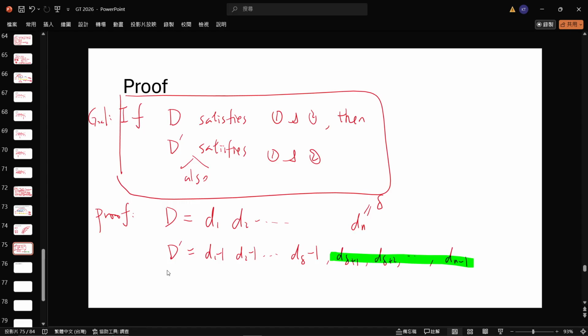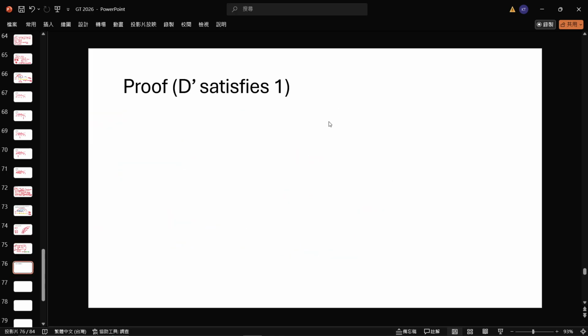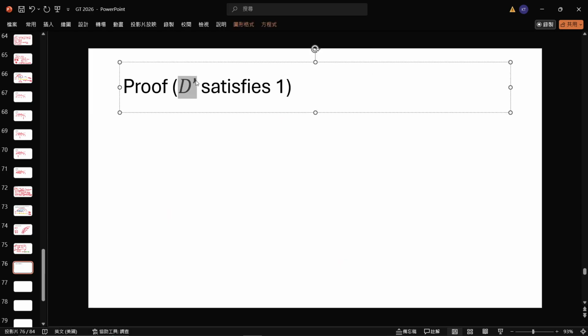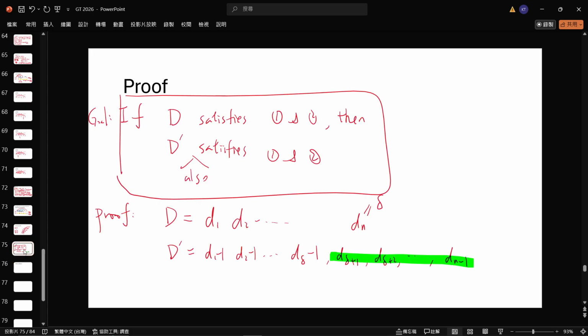Okay. So let's first show that in D prime there's no zeros. So anyone has any idea? 要怎么说这个新的 degree sequence 一定不会有0？为什么至少一定都会有1？有想法吗？